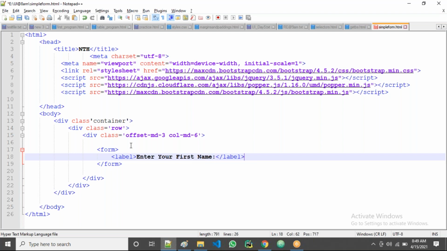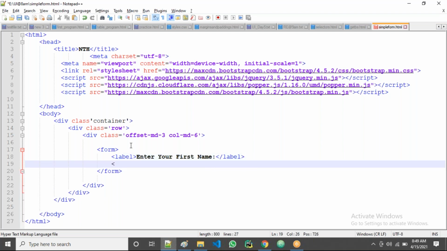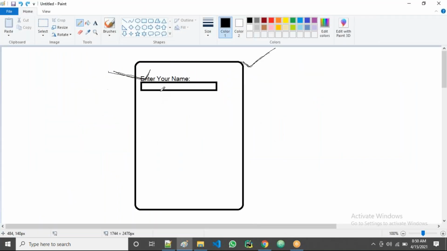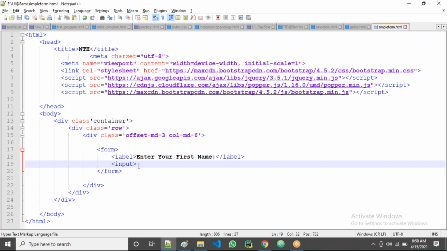Then we'll take an input box, guys. This input box is required to take the data from the user, from the customer. So we use the input box.